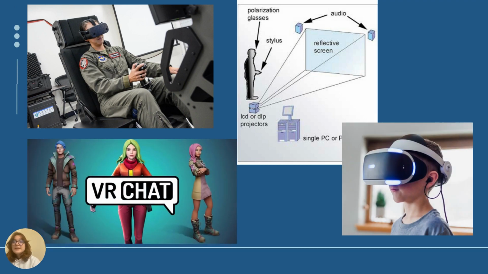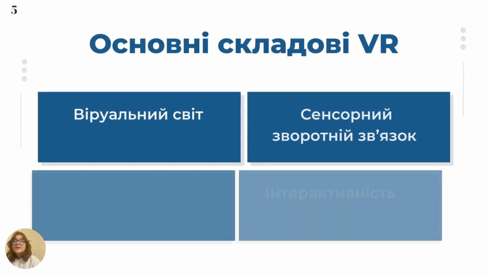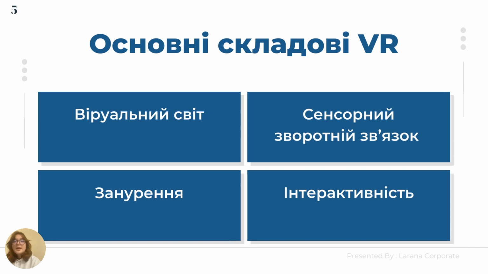So, virtual reality is a certain system that contains elements. Also, what are the main elements? What are the main parts of virtual reality? The first one is the virtual world. Virtual reality uses computer technology to create a virtual environment that reproduces the stimuli of the physical world and allows the user to interact with it in real time. The simulation allows them to feel that they are part of this virtual world.